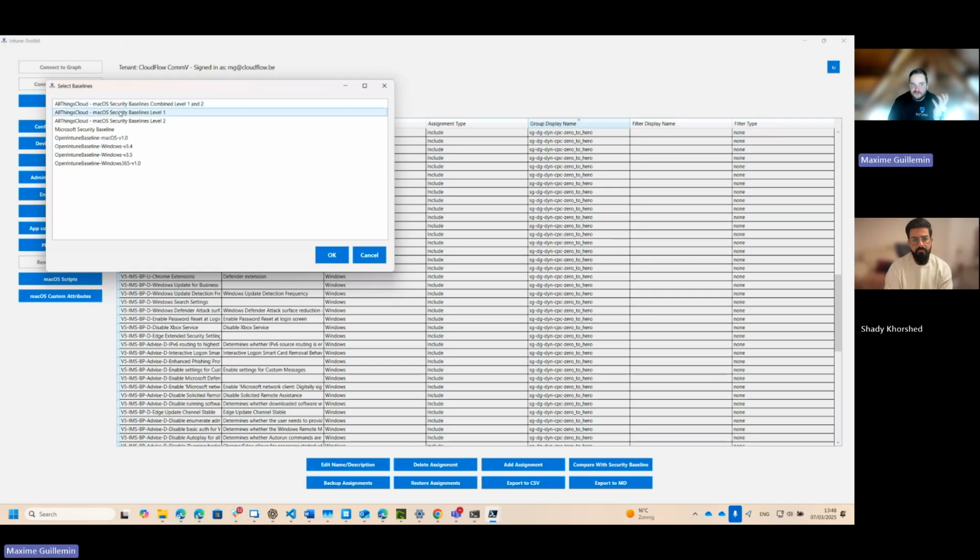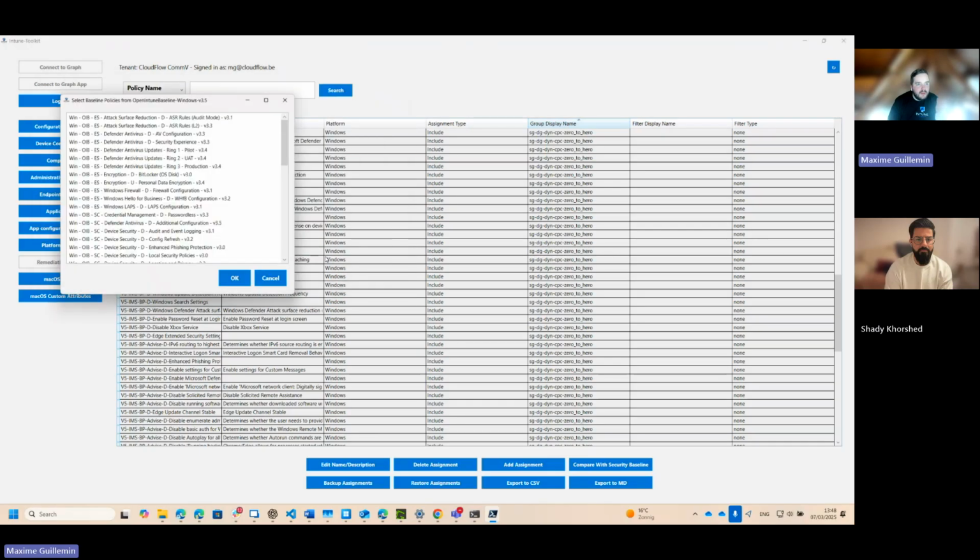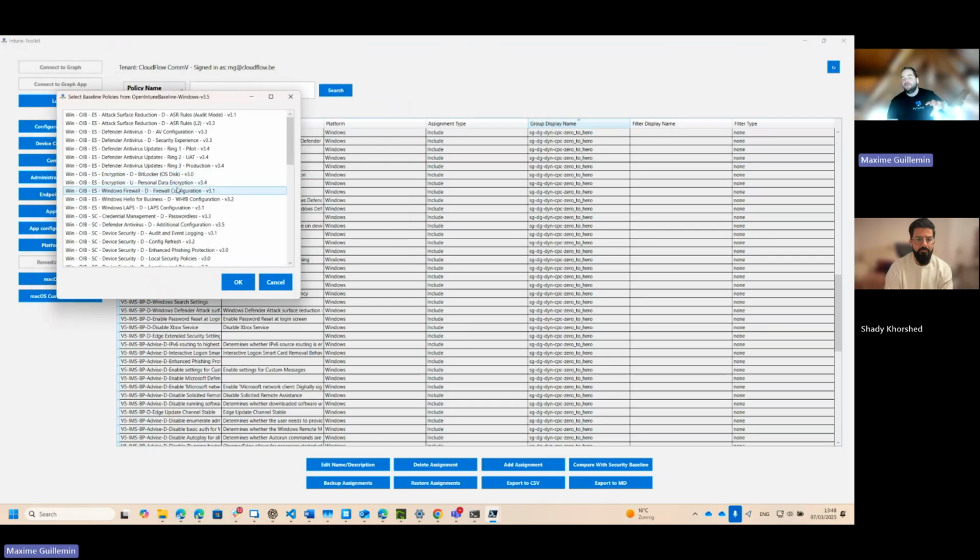So the macOS is just from today. He imported it to the toolkit. But macOS is not working yet. I need to do a little bit more development. But we'll take, for example, now the Open Intune baseline, the latest version. You just click on the version, and then it will load all the different policies from his